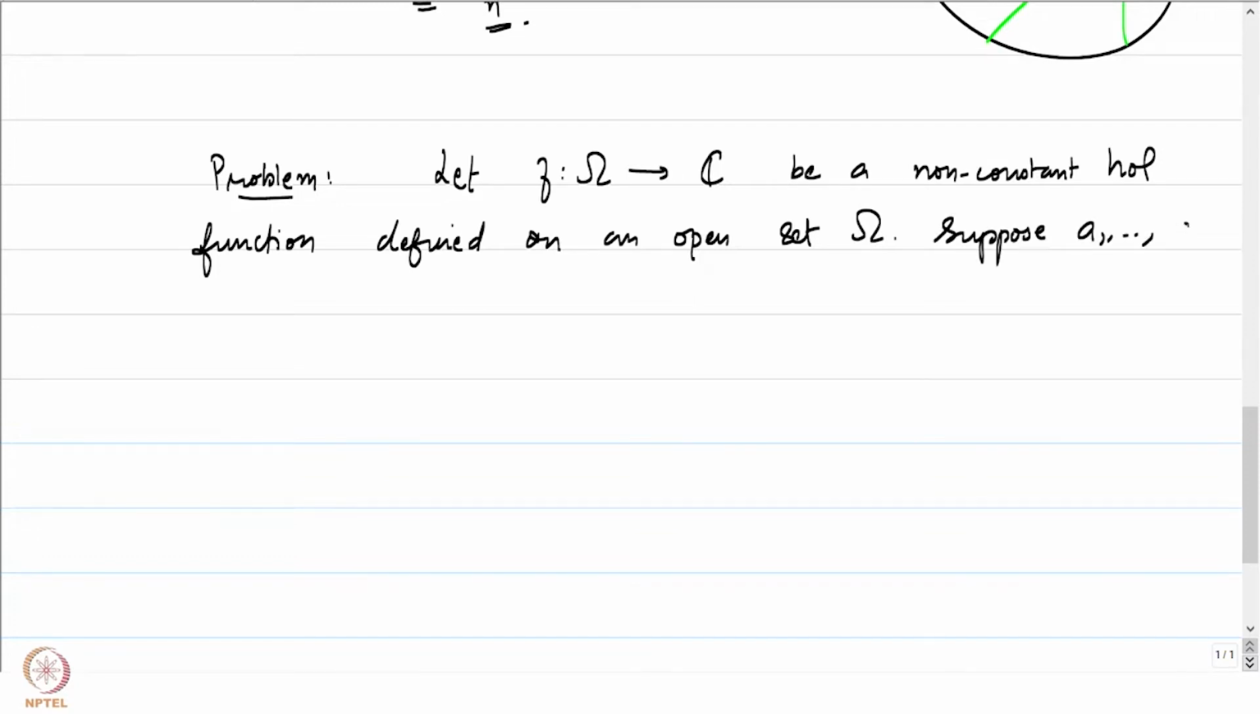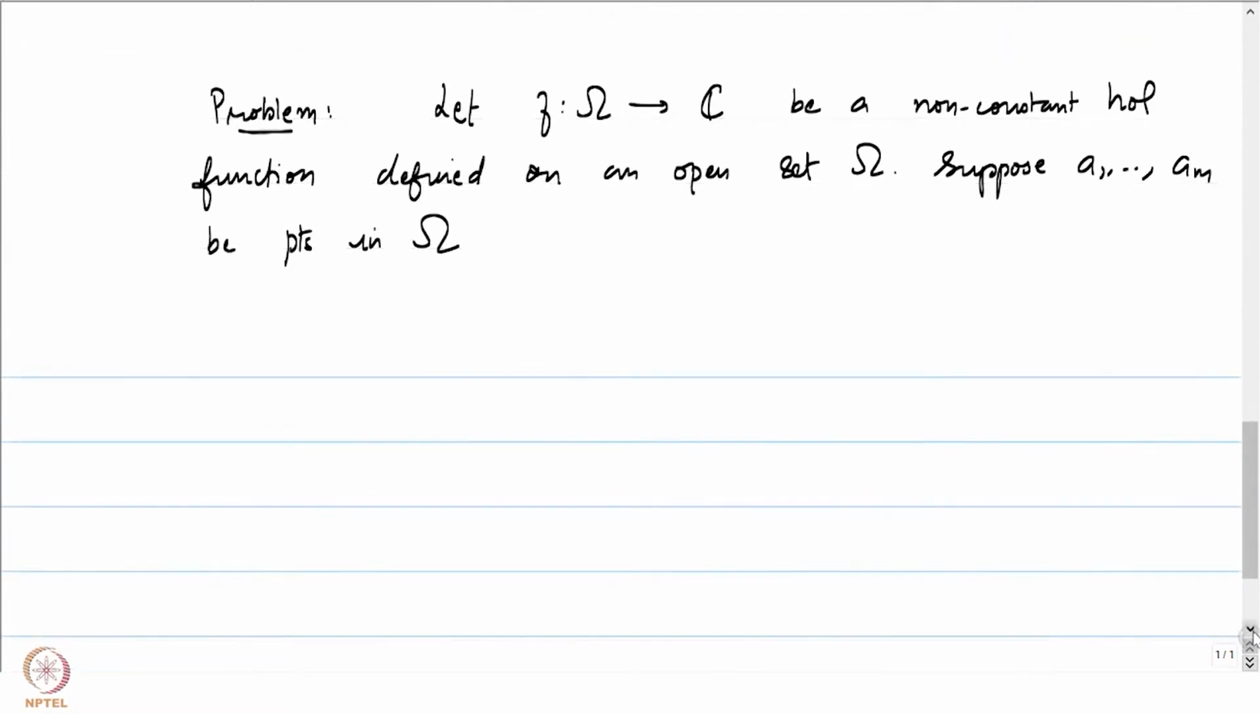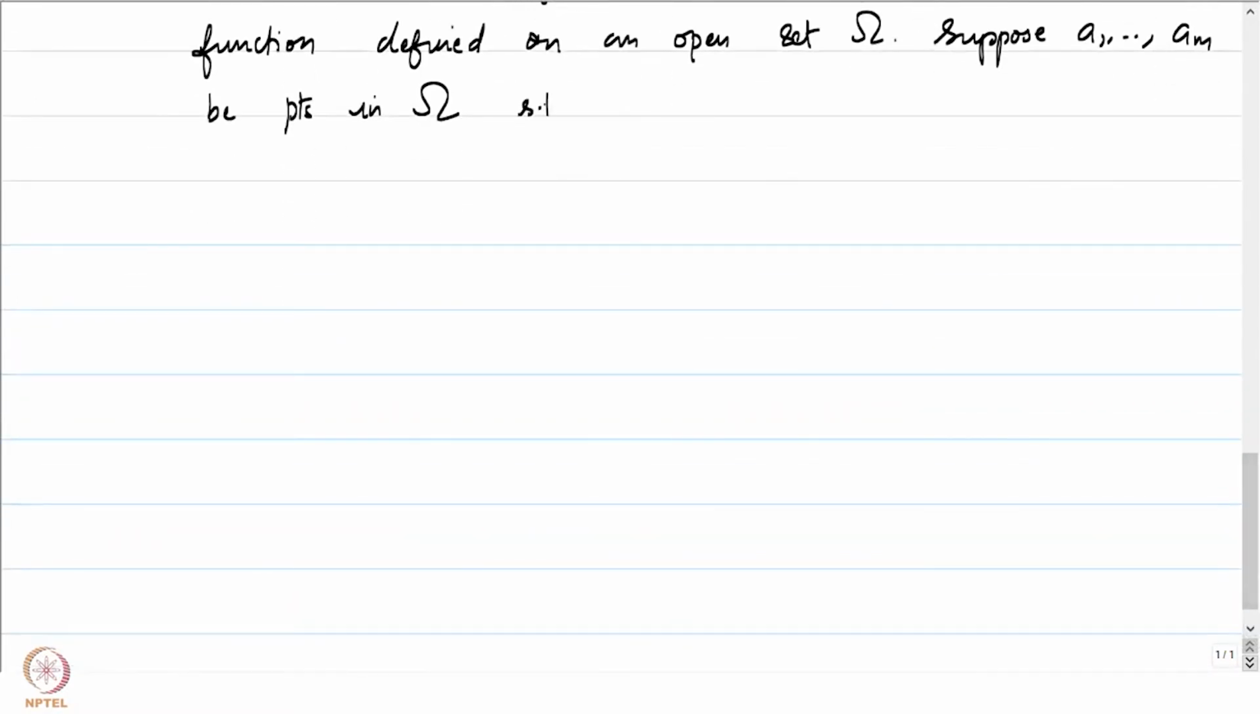Suppose a1 to am are finitely many points in omega such that f of ai is equal to alpha for some fixed alpha in the complex plane. So basically, a1, a2 up to am are pre-images of alpha under f. The problem is to prove that